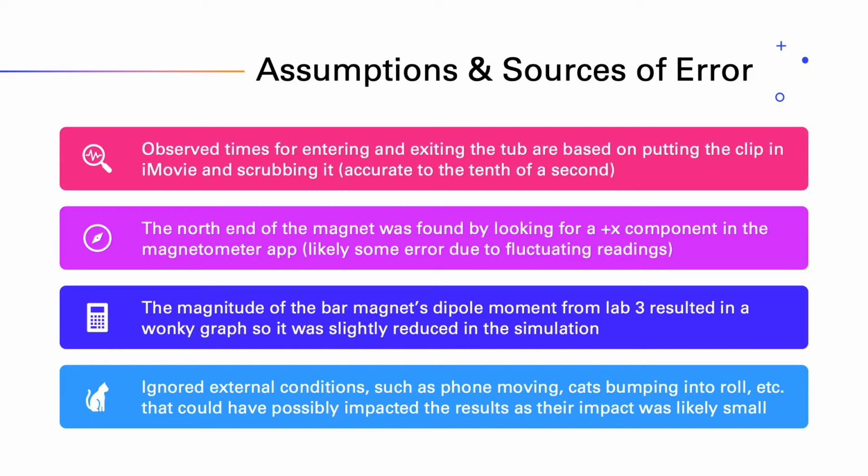And the magnitude of the bar magnet's dipole moment from Lab 3 resulted in a really weird graph, so I just reduced it slightly in the simulation until I got a graph that looked like it should have. And I've also ignored external conditions such as the phone moving and whatnot that could have possibly impacted the results